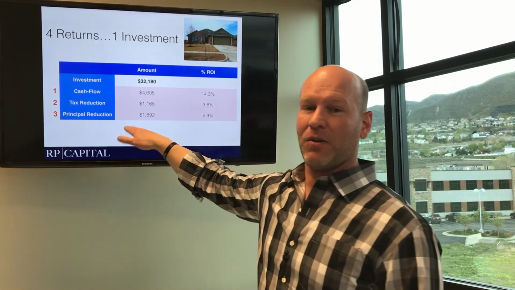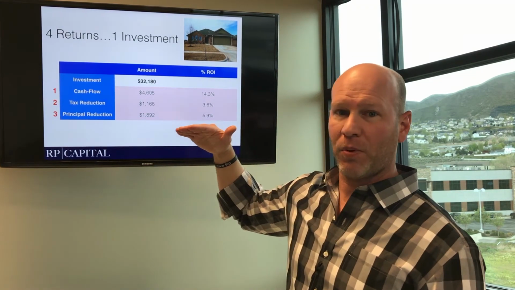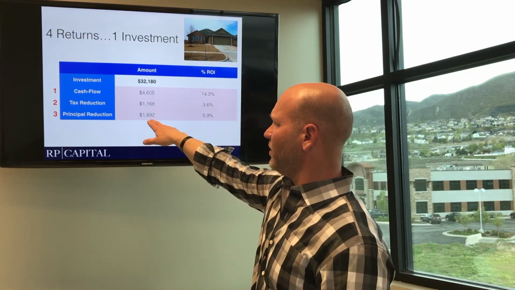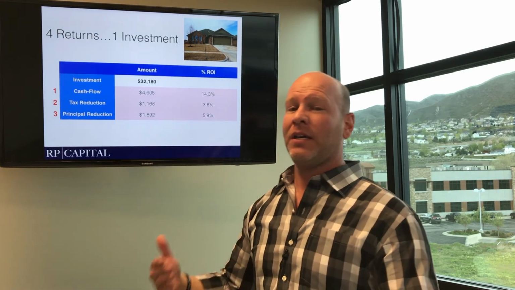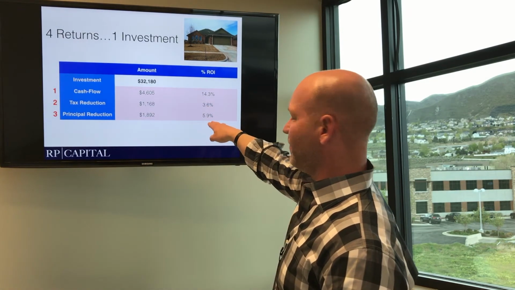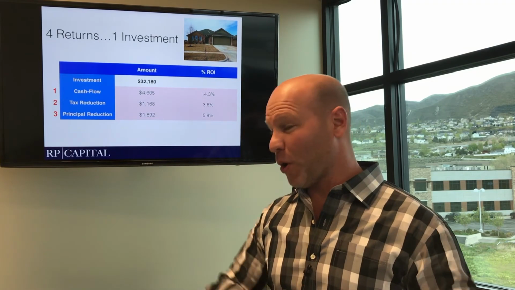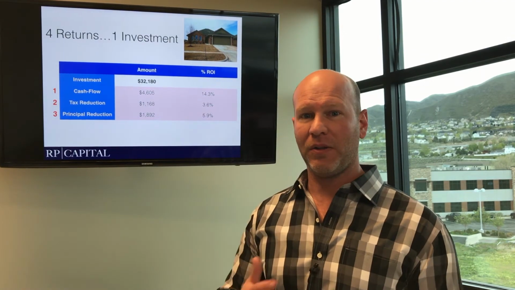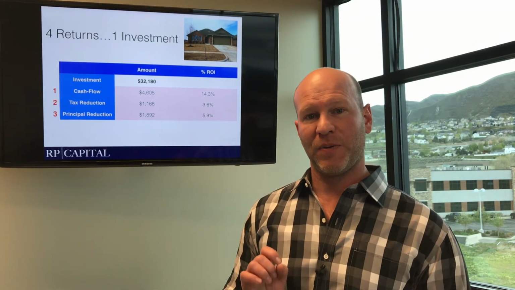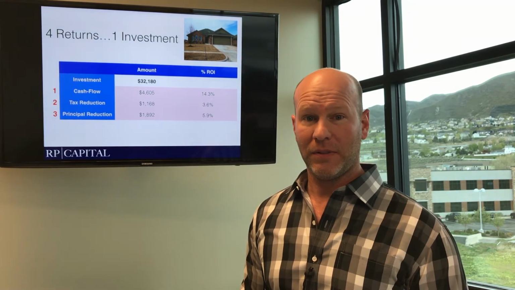The really neat thing about this is the longer you own the property, the more it grows every year, because on an amortization schedule, the more principal you pay the further along you are in the loan. In the first year on this property, it's $1,892. You divide that by 32,000, you get 5.9%. That is a fantastic return all by itself when you compare it to all the other ways you can invest your money nowadays. But when you combine that with cash flow and the tax incentives, it's incredible.